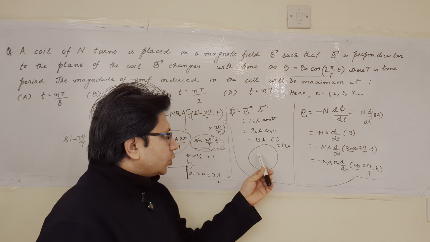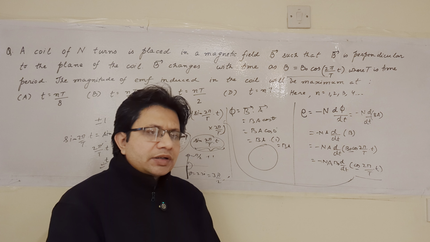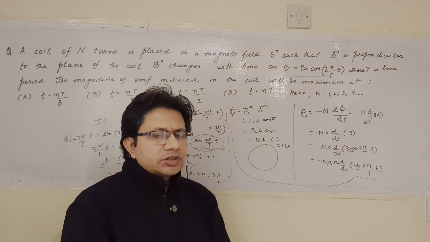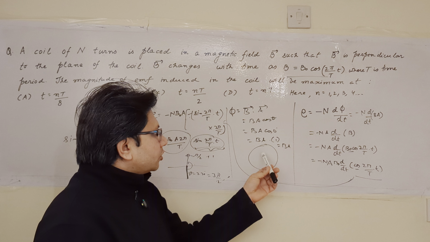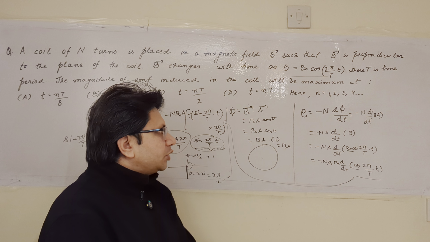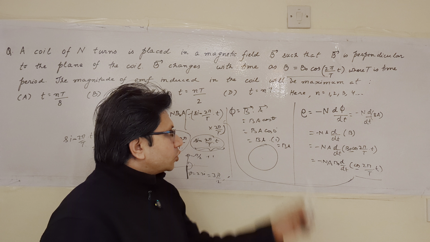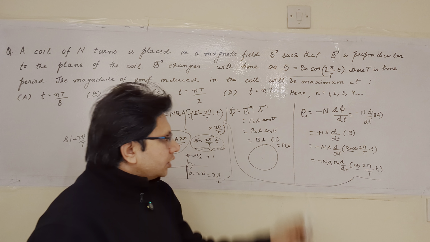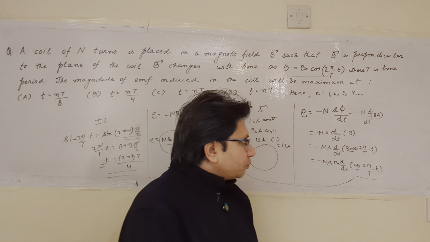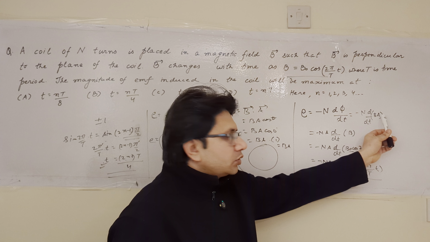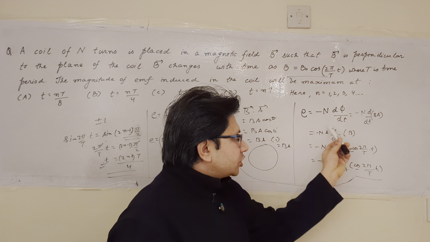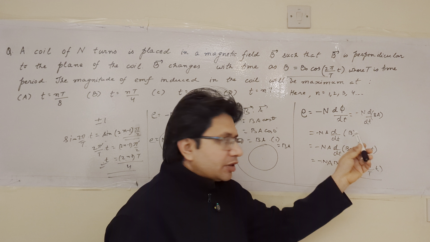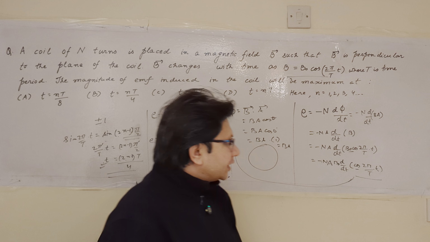बी की डायरेक्शन दी गई है कॉइल के परपेंडिकुलर, और एरिया वेक्टर ऑलवेज परपेंडिकुलर टू द कॉइल या सरफेस के होता ही है। तो इसके अकॉर्डिंगली हम कह सकते हैं कि दोनों बी और ए के बीच का एंगल होगा 0। सो कॉस जीरो इज 1 हमने पुट किया तो हमें फाई मिला बी ए। अब इसमें एरिया ऑफ द कॉइल कांस्टेंट है, फिक्स है, तो उसको हम डिफरेंशियल साइन से बाहर ले सकते हैं, तो हो जाएगा माइनस एन ए।